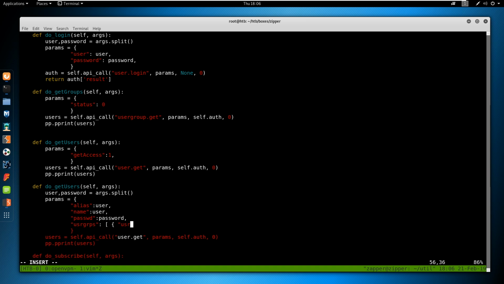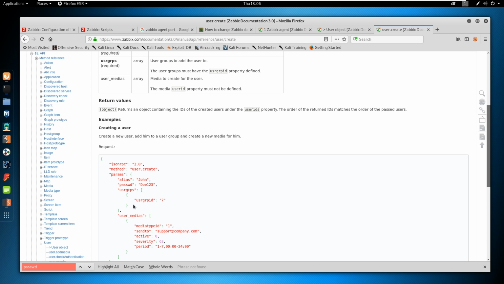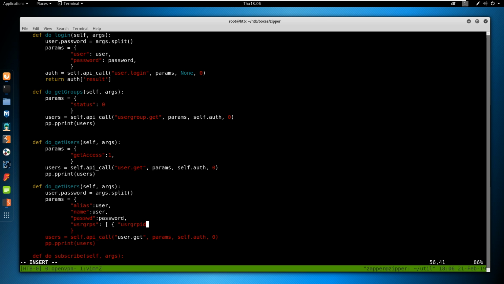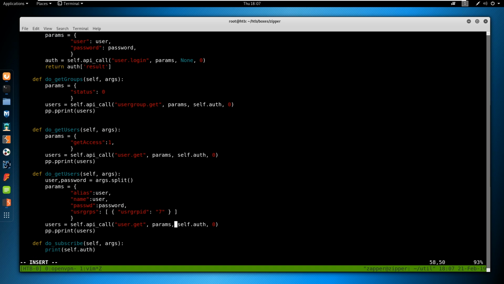Then USR GOP ID. That's an annoying way to say it. And we'll say 7. And that's probably it. We need to specify user create. And